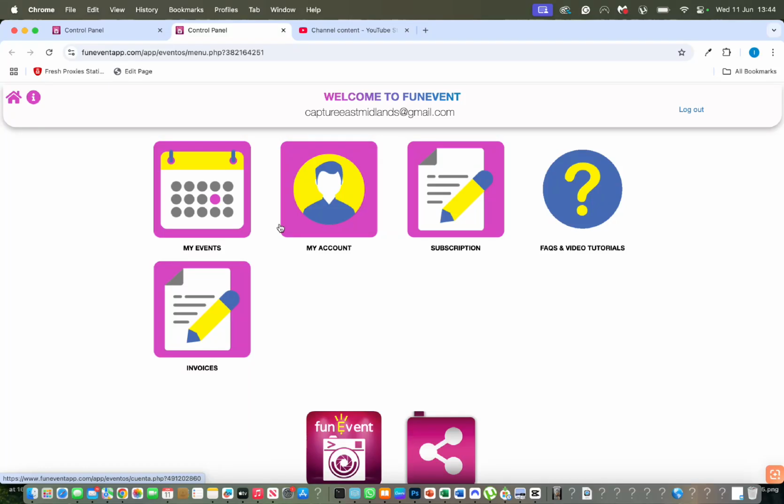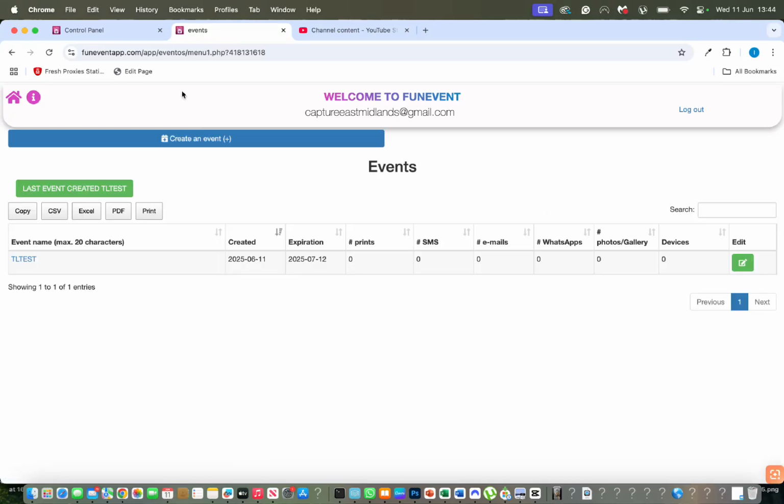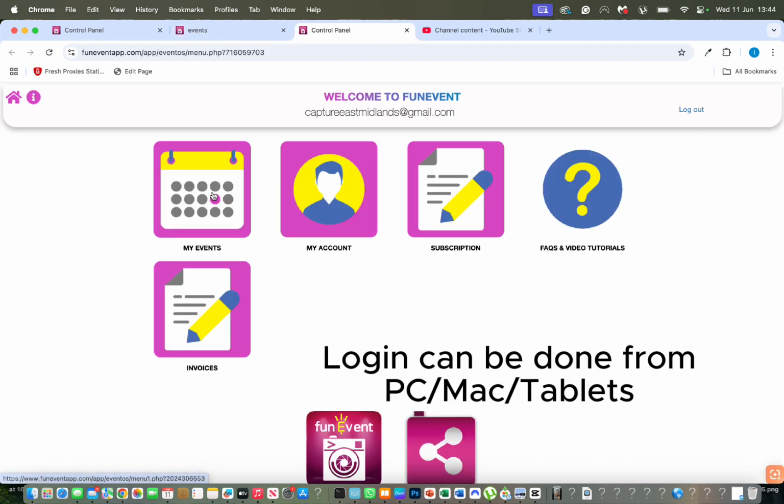Android user, this is a great software. Shout out to Jose. He is an absolute legend. Really good guy. We saw him again at the Photo Booth Expo, and they've made a lot of advancements on